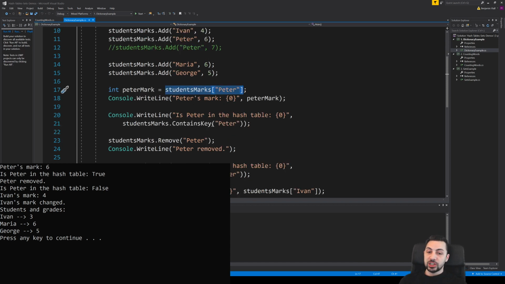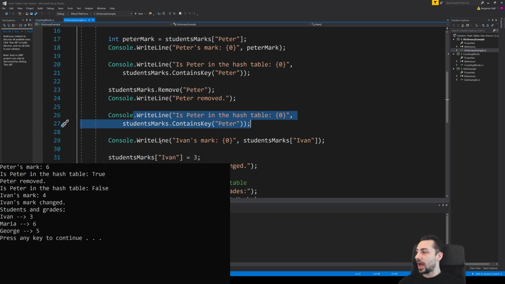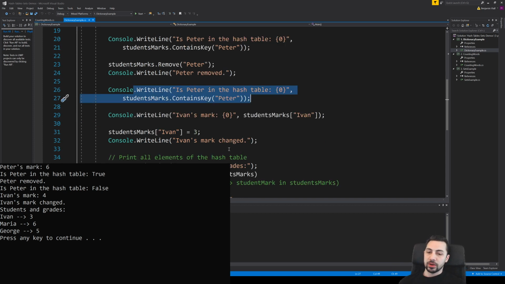Furthermore, we can actually check to see if Peter is in the dictionary. We do that with the contains key method. Once we remove something, and we remove it based on the key, it says removed, and then we can check, does it contain the key, and we get false. Further, we can check on Ivan still, Ivan, and Maria, and so forth.